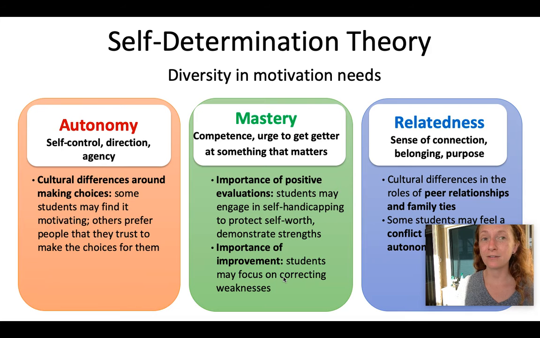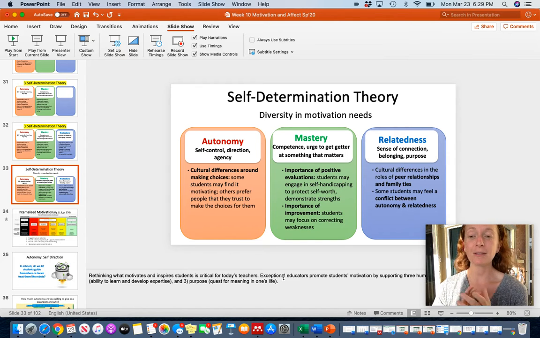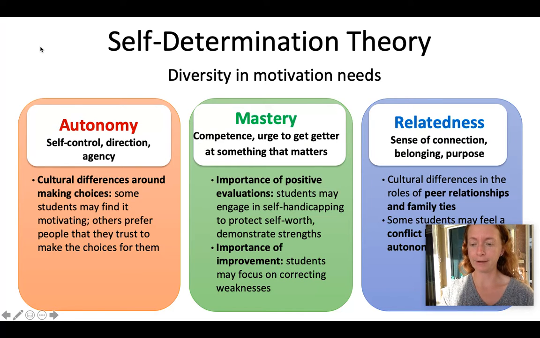Some families see learning as a very familial effort, literally like the whole family is in tune. They feel like you use peers to help, and you use each other to promote that learning. And so sometimes these families don't want as much autonomy for their students because they really do see achievement as a community effort. And so these are really important things, especially when you're communicating with diverse parents, and just seeing, what is your definition of learning, and just asking them, what does it mean to you for your child to achieve? So that could be a really good question for parents.